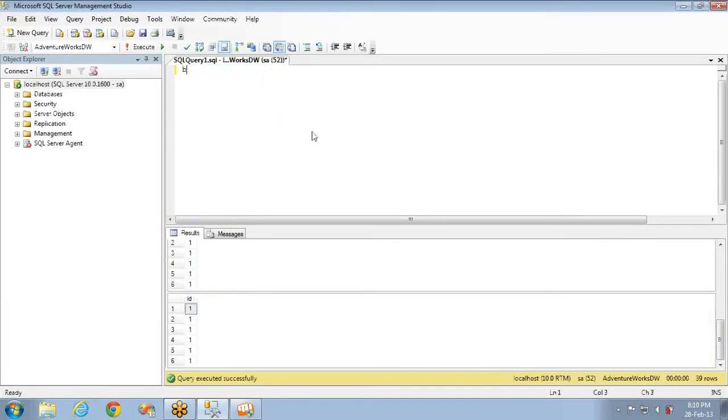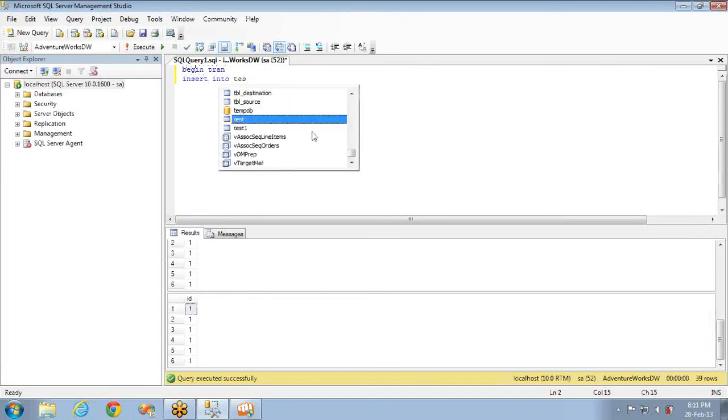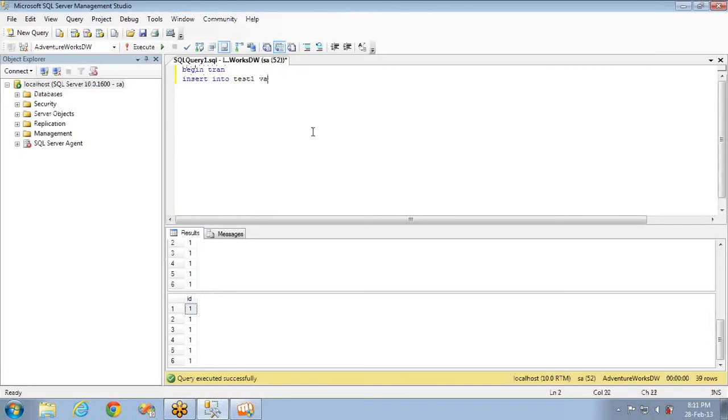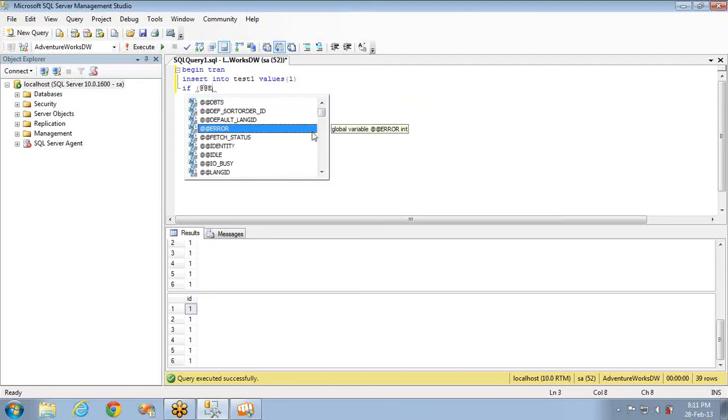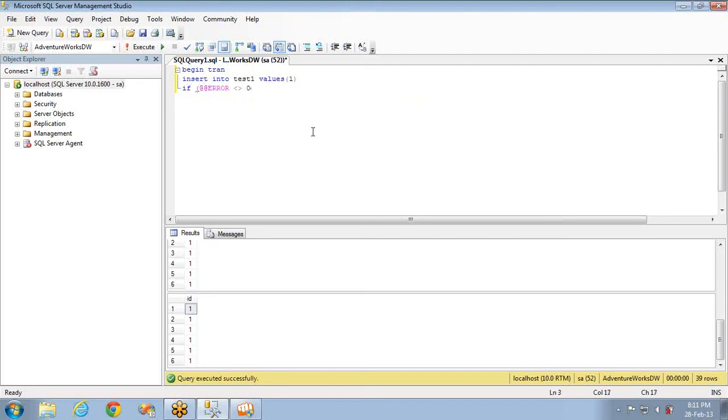For example, I'm beginning a transaction and I'm inserting a data. Insert into test1 values 1, and here I'm checking some condition like if @@ERROR is not equal to 0.